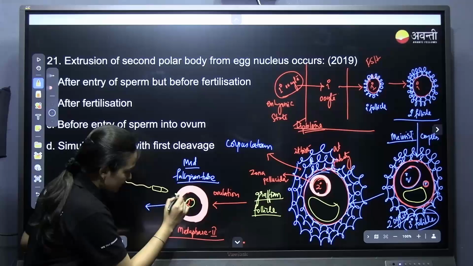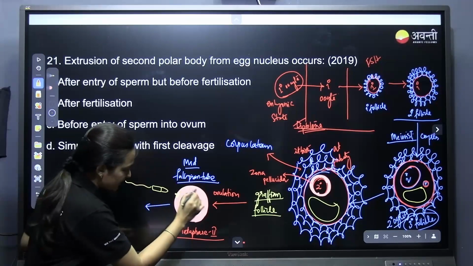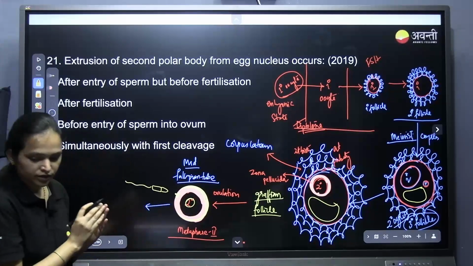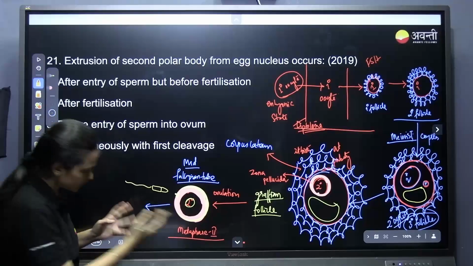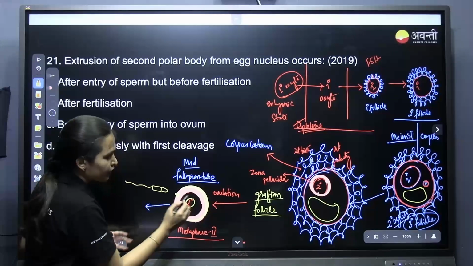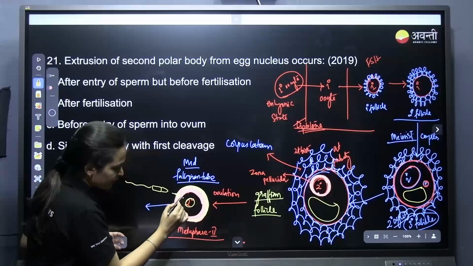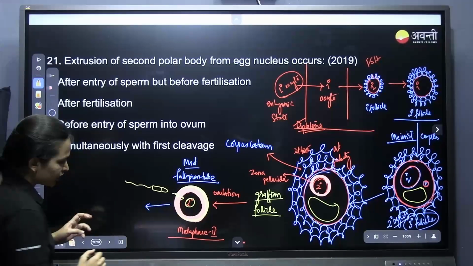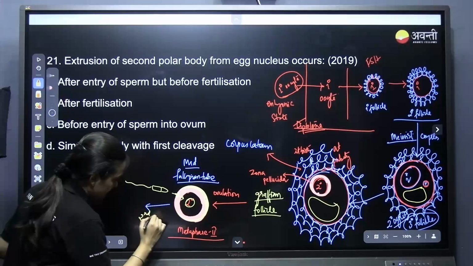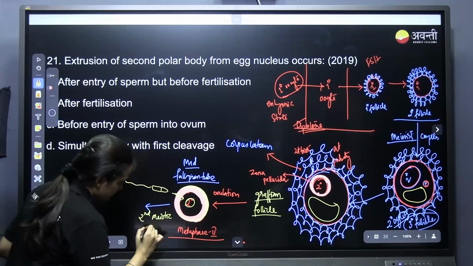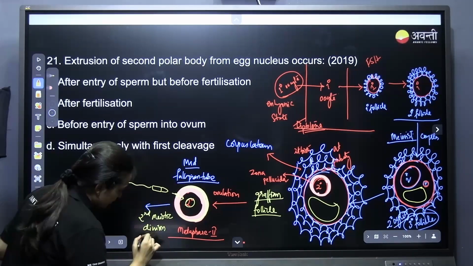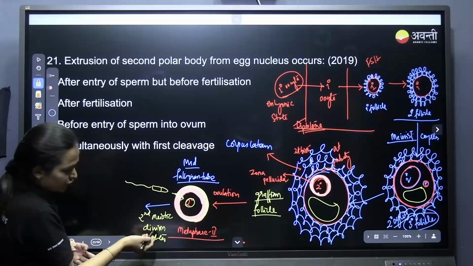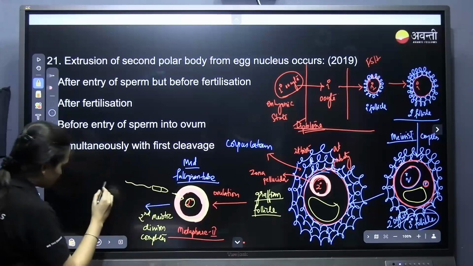So it goes through a conformational change, which makes the ovum non-enterable for the other sperms which are coming simultaneously. Here, what happens when the sperm goes inside, at this particular time before the fusion, is that the second meiotic division completes. It was arrested in metaphase 2, right? Now the second meiotic division completes, which gave rise to